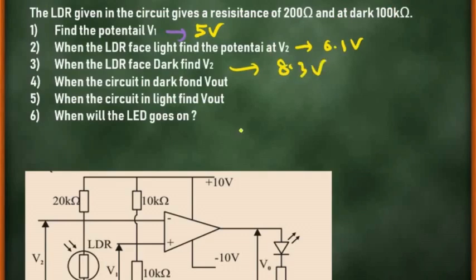potential. When the circuit is in dark, find V out. Right, let's move into